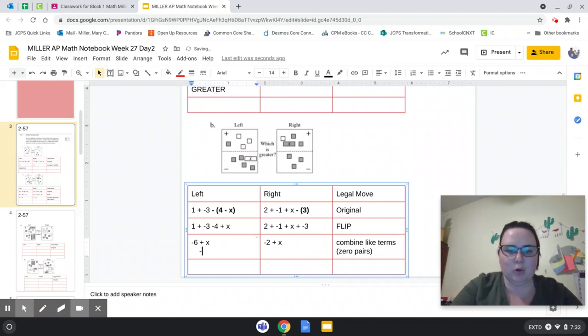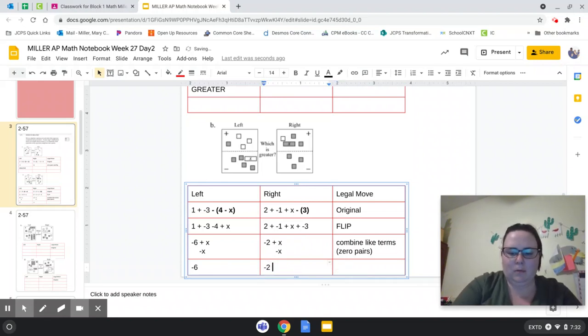So I'm going to remove that x from both sides, that balance set, in order to simplify and be able to compare. Because since we don't know the value of x, we can't accurately tell you what each side is actually greater unless we remove that x value. So now we know that the left side is worth -6 and the right side is worth -2,